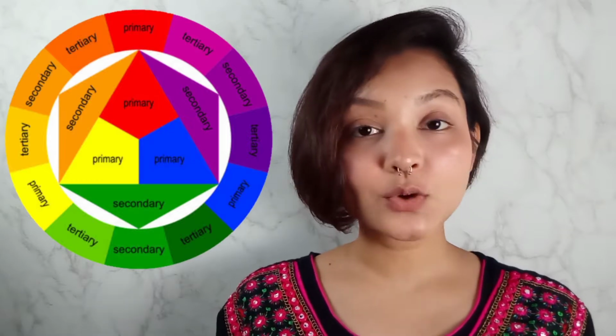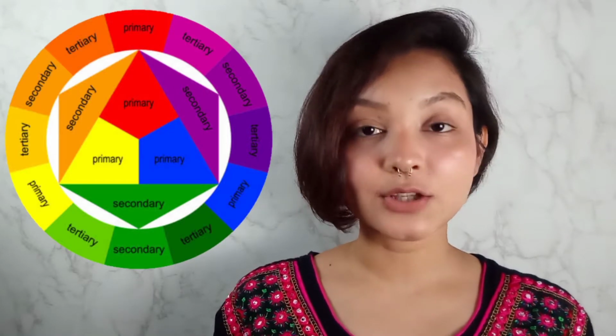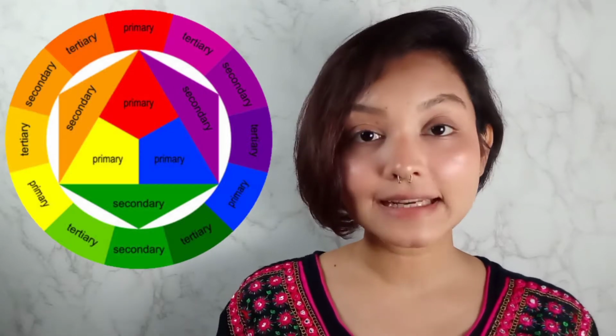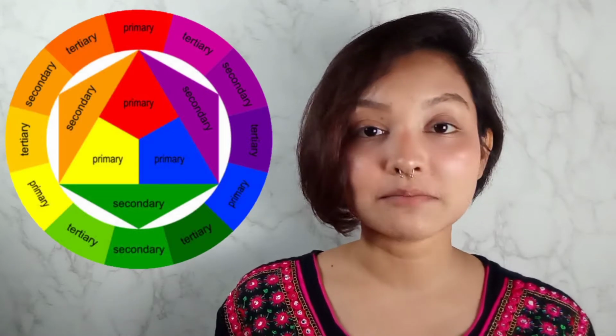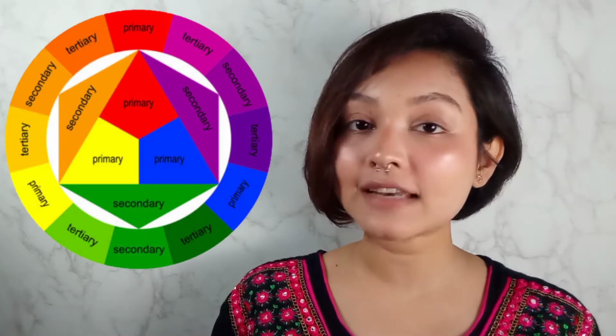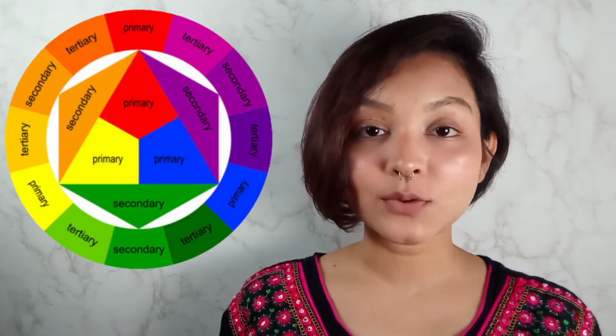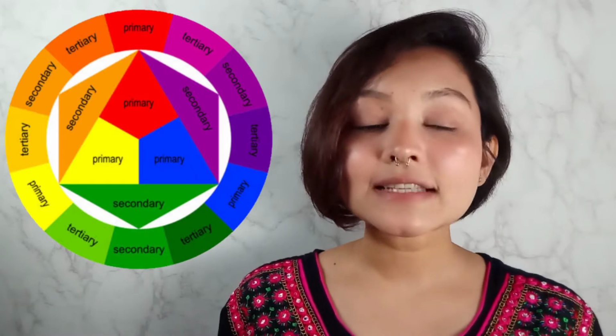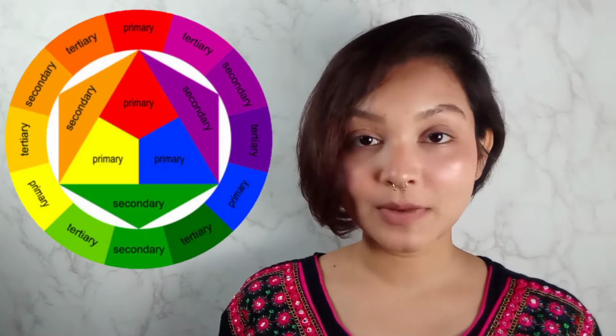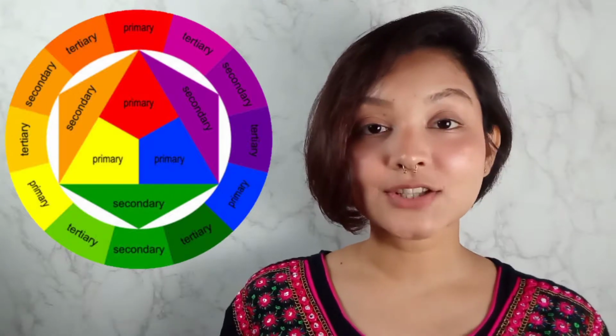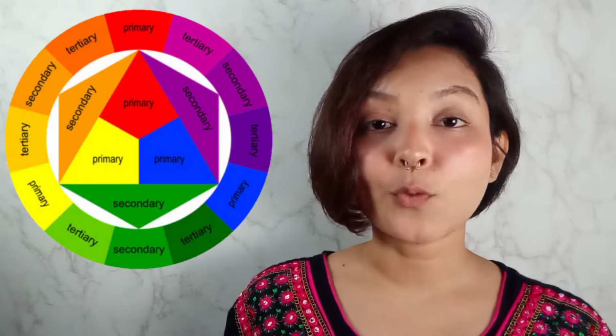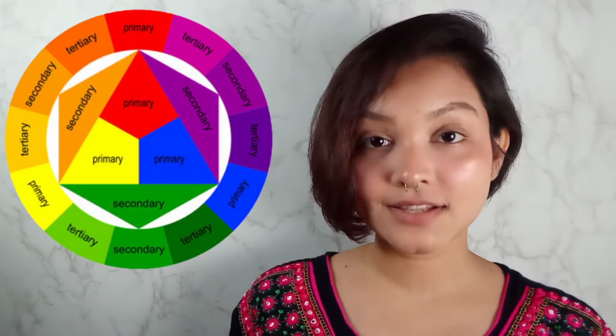So while putting two complementary colors side by side, you gotta be really careful with the blending because you cannot blend it much, because then it is going to create a shade of brown and your eyeshadow is going to look muddy. So it is a bit difficult to work with complementary colors at once. So let's get to the easier option now, which is working with colors that are next to each other.